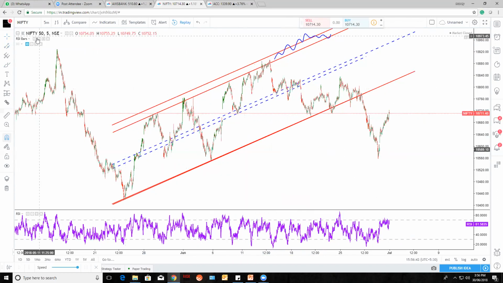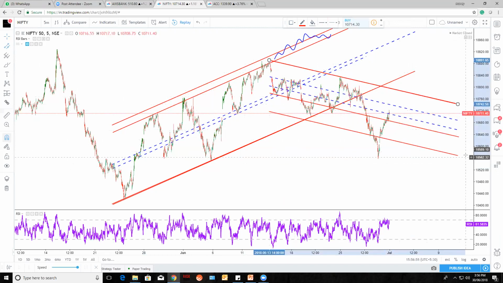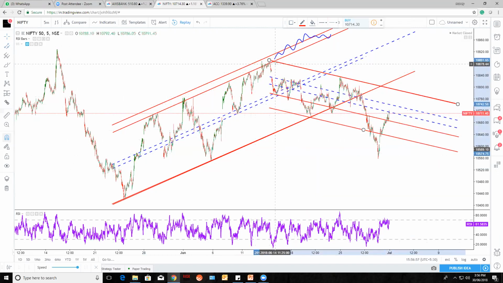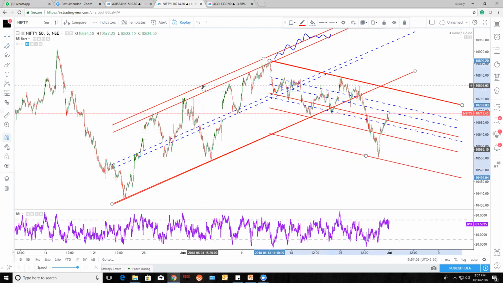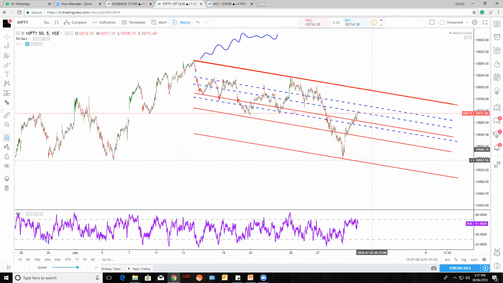So presently this is the channel which looks at the high points only. You need to connect this one high point and this two high points. You connect it and draw it. You can draw at this particular point one, and let's say this is two, and let's say this is the third. Let's say I'm removing this so that it looks clear.